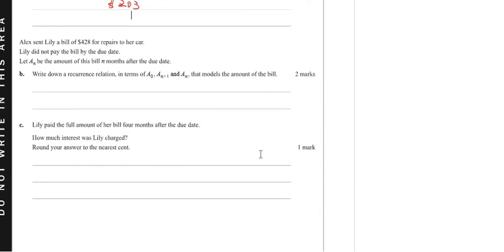Now, Alex sent Lily a bill of $428 to repair her car. Lily did not pay the bill by the due date. Let A_n be the amount of the bill n months after the due date. Write down the recurrence relationship in terms of A_{n+1} and A_n that models the amount of the bill. So we know that if you don't pay the bill at all,